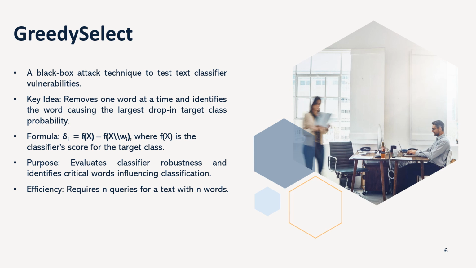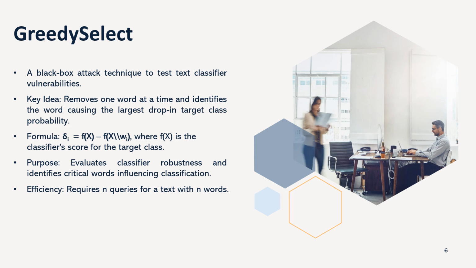The purpose of this calculation is to determine the impact of removing each word on the probability of the target class. Greedy select then chooses the word that results in the most significant reduction in the probability of the target class. This selection process is crucial as it helps in identifying the word whose absence has the most substantial impact on the classifier's classification score. Ultimately, this aids in understanding which words are crucial for the classifier's decision-making process, providing insight into the key factors influencing